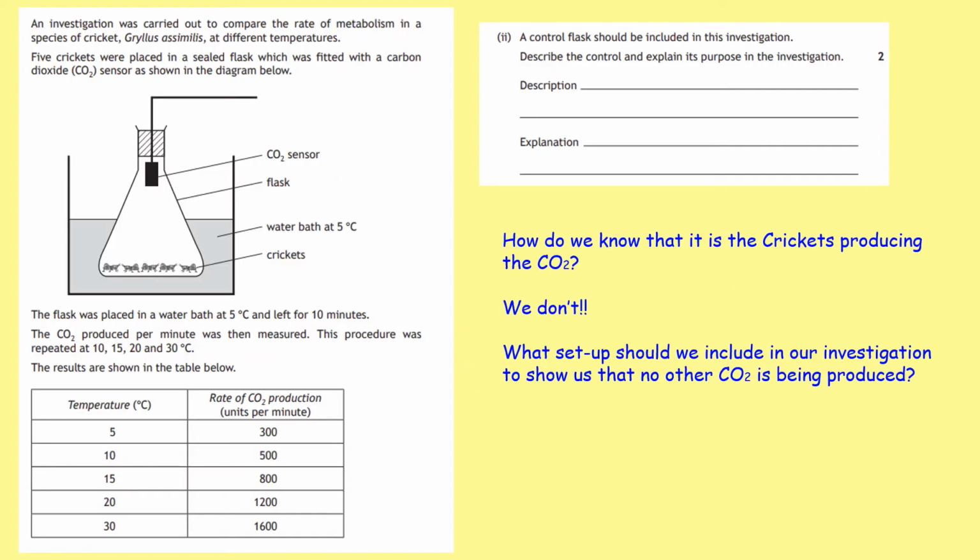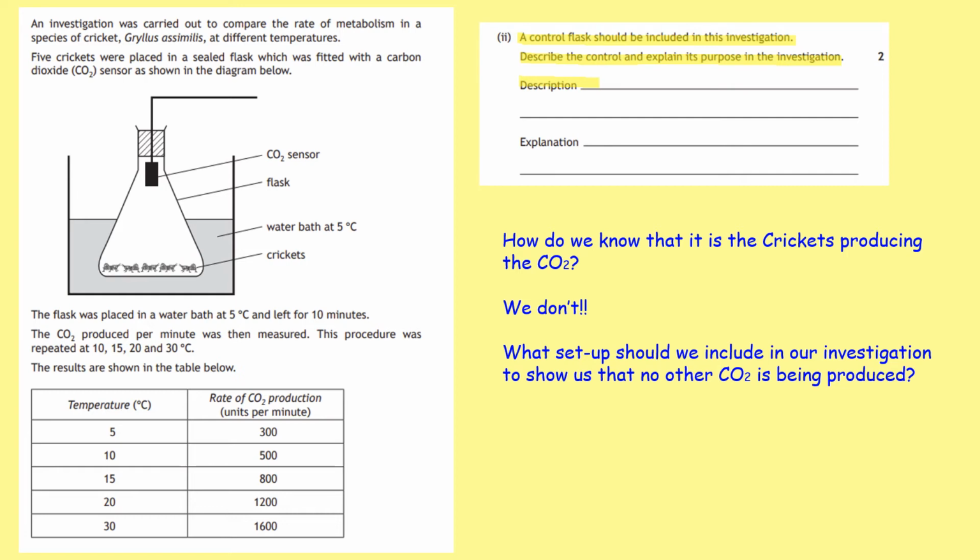So what we're going to do is look at this example question here. I've chosen the same question that we looked at when we were looking at writing conclusions. So if you remember, we've got an investigation here where we're looking at how temperature affects metabolism in a species of cricket, and the way that we've measured that metabolism is we've looked at the rate of CO2 production in the crickets. Now what we're going to look at first of all is this very first question, so the first half of it. It's worth 1 mark. So the first half of the question, you've got to describe a control experiment, and secondly you're going to explain its purpose, but I want to focus on that describe the control experiment